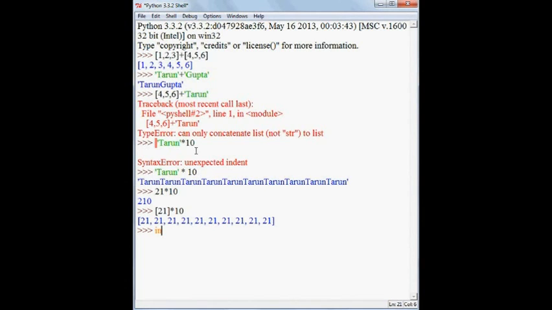So let's make a variable, say name equal to Tarun. Now the variable name has the value Tarun. We are going to check whether a certain value is present in the variable name by using the in operator.